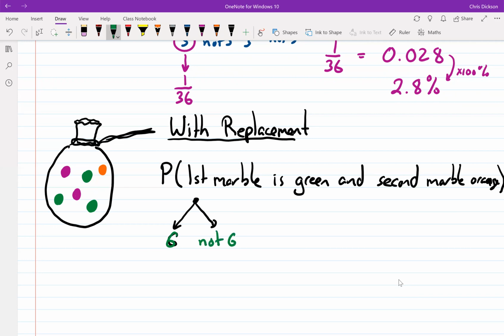So that would mean basically the purple and the orange. But if you want to do 3 branches, you can. It's up to you. So if you reach into this bag, how many things could happen? I mean, how many outcomes are possible? Well, there's 3 green, 2 purple, 1 orange. So there's 6 marbles in the bag.